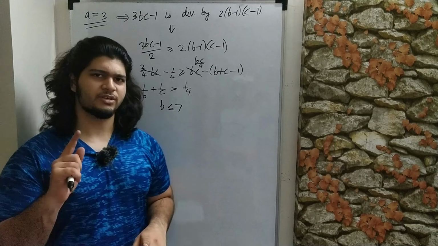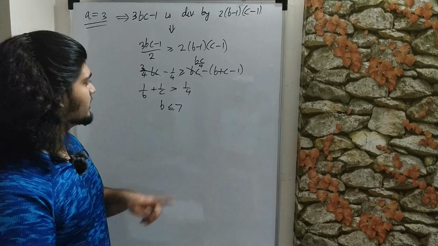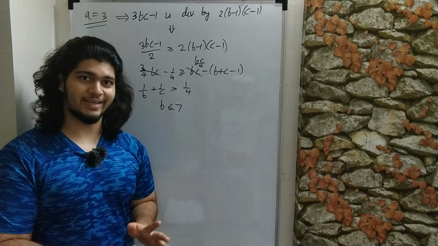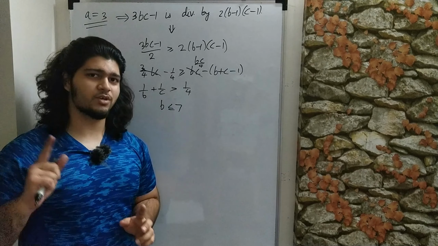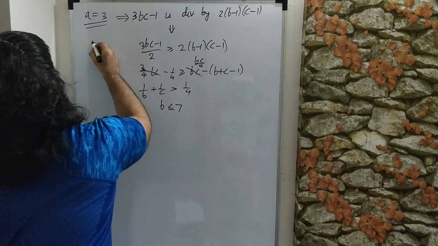And of course you can tell that there are a lot of cases which we have to deal with, because for a equals 3 itself we have to deal with b equals 4, 5, 6, 7, and after that we also have a equals 4 and a equals 5. So there are a lot of cases which we have to deal with. But I'm going to leave all of that to you, but I'm just going to cover one case where a equals 3